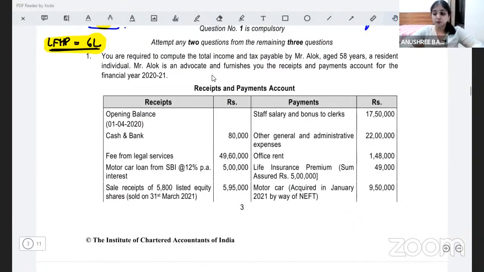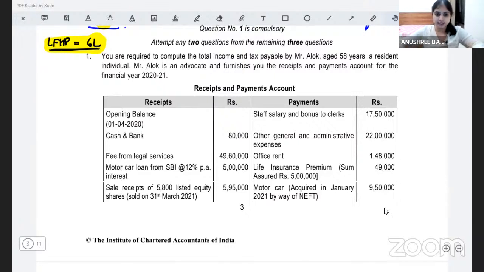I request all of you attending the session live to make sure you are interactive in the chat box, and please keep solving along with me. Just watching the lectures will not be as effective as actually solving along with me. All right. So without wasting any more time, let's begin. The very first question.